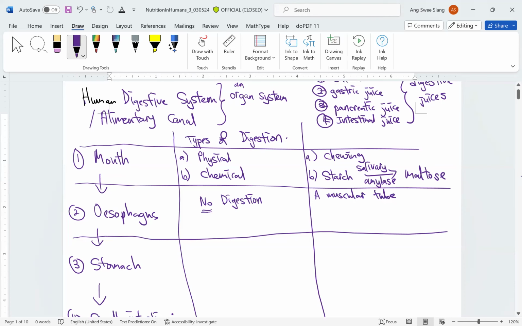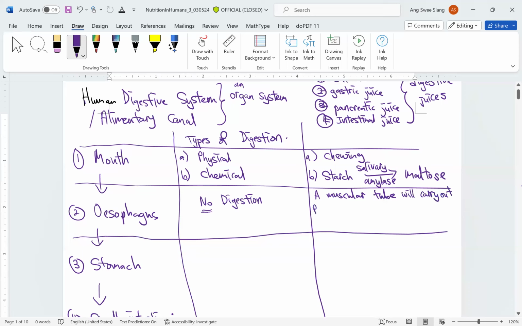So yesterday I already mentioned muscle, anything related to muscle is contract and relax. So this muscular tube, when you contract and relax, they will squeeze the food down. They will squeeze the food bolus, the food boli down. So in the mouth, something interesting will happen. The tongue will roll the food into a ball-like structure, which we call food bolus, food boli. So the muscular tube will carry out